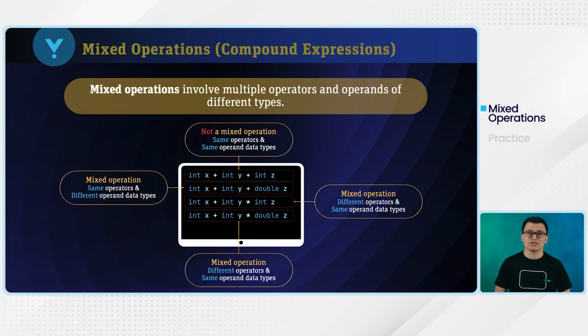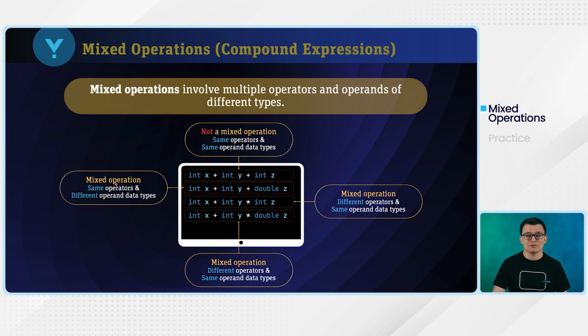What is a mixed operation? Well, the definition of mixed operation means whenever you have multiple operators and operands of different types involved in an expression, it's known as a mixed operation. If the multiple data types in the expression are the same, then it's not a mixed operation. But for example, if you have int and double mixed together with multiple operators, then it's known as